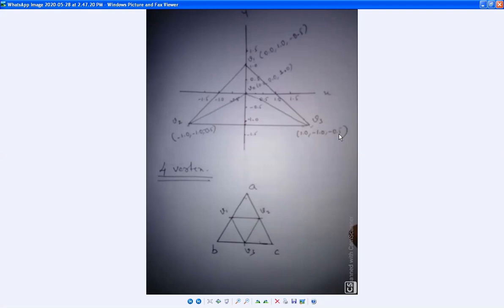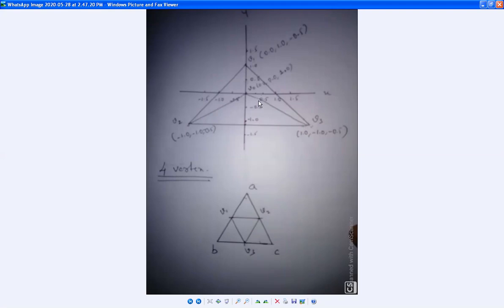With this my tetrahedron is ready. You can see the tetrahedron consists of 4 triangles. Here, if you see V1, V0, V3, that is 1. Then take V2, V0, V3, making one more, 2. Now take V1, V0, V2, that is 3 triangles. And where is one more triangle? You can see the fourth triangle, the general triangle V1, V2 and V3.